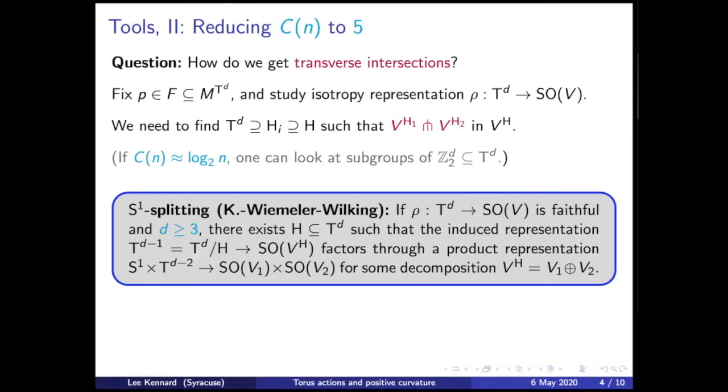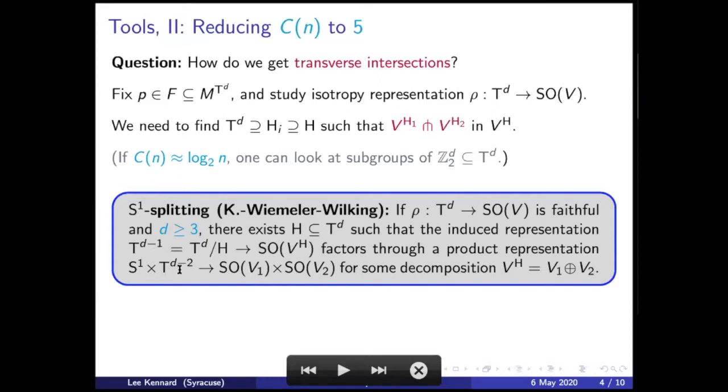Okay, so this is the main new theorem, and the point is there exists this subgroup H that we want, and VH is the fixed point set of H. The statement is that if you can choose a subgroup, and for clarity this is going to be a one-dimensional subgroup, so a circle, or in general a disconnected one-dimensional subgroup, then in that fixed point set the induced torus action, which now has dimension d-1, so the torus splits as a product.